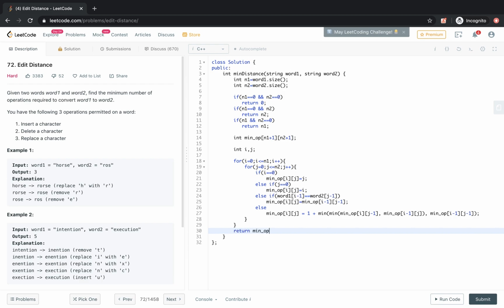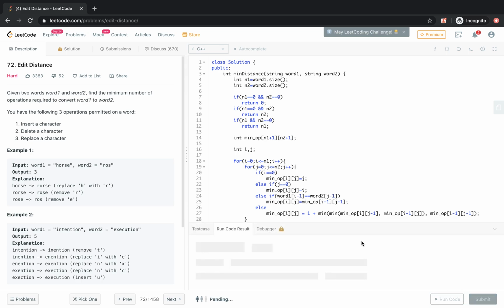The final value will be stored in the last index of n1 and n2, because we have filled the table from the 0 0 index to the n1 cross n2 index. So it's a kind of bottom up. So we will return this value.